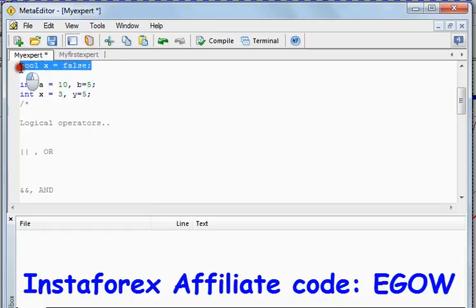We want to check whether a is greater than 10 or x is less than 5.